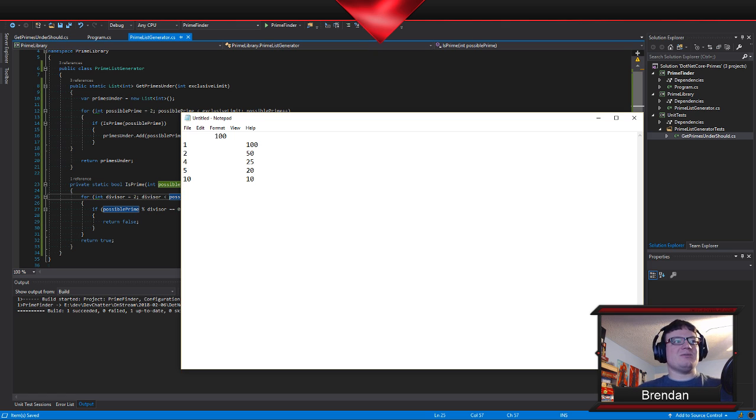Then I'm going to keep going up, and I'm eventually going to get to 20, and I'm going to get back 5. And then I'm going to get to 25, and I'm going to get back 4. Then I'm going to get up to 50, and I'm going to get back 2, and then I'm going to get up to 100, and I'm going to get back 1. Now, obviously, since I did the exclusion part, I didn't actually go all the way up to 100. I can remove this one. Since I didn't do the 1, I can remove this one. And then these are the numbers we checked.